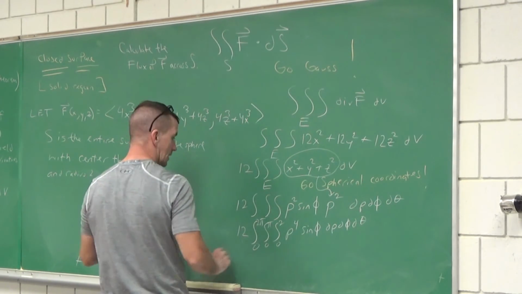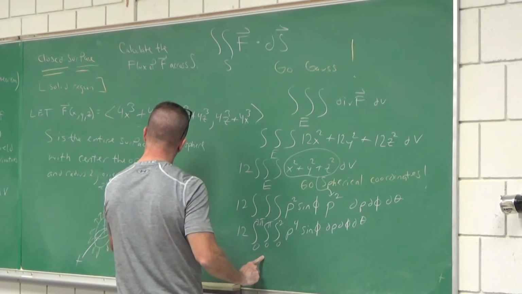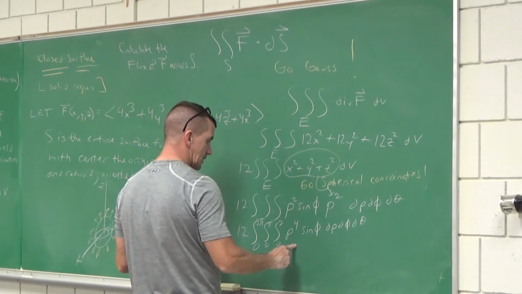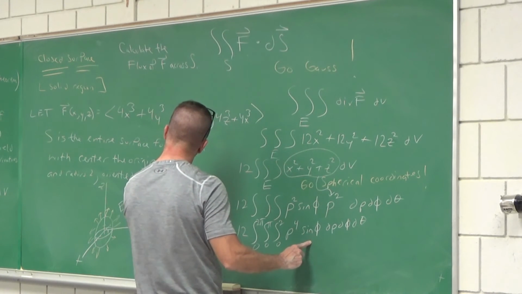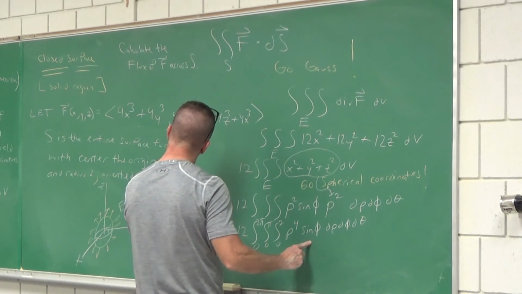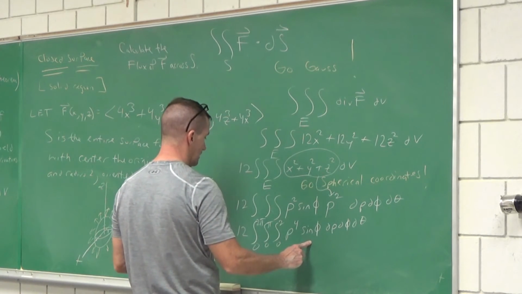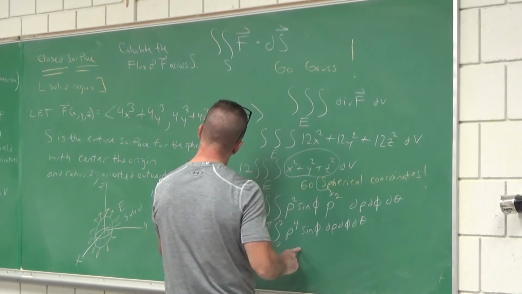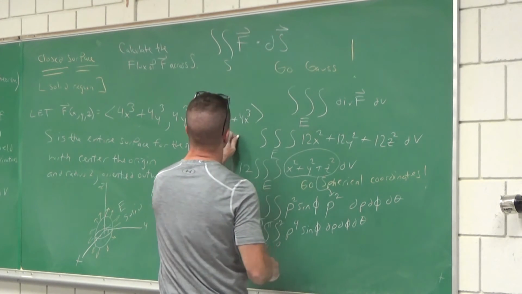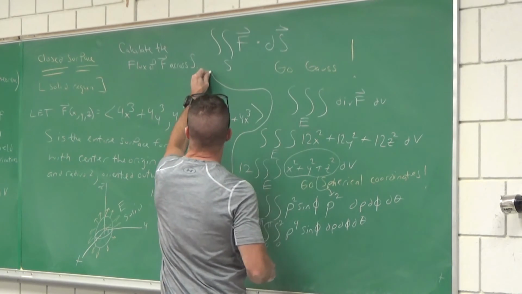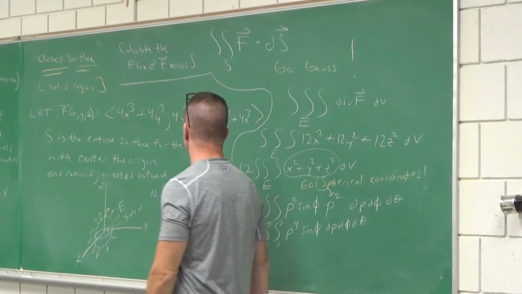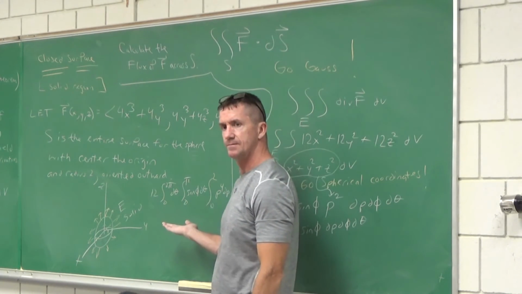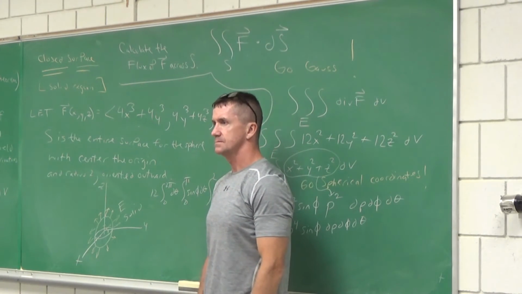You got the 12. I'm going to do the integral from 0 to 2 pi. There are no thetas except for the d theta. I've got an integral from 0 to pi of sine phi. Then I got an integral of 0 to 2 of rho to the 4th. I'll just put a wall here, so this doesn't confuse you. We're just going to take this over here and compute all that. Good.